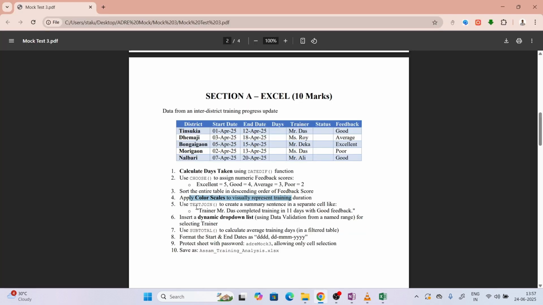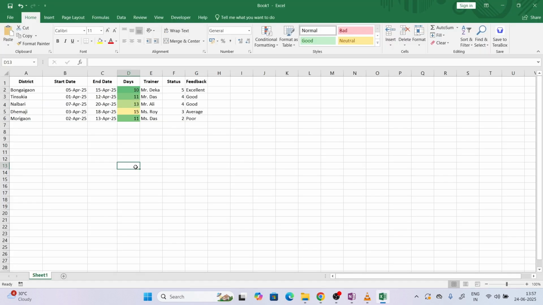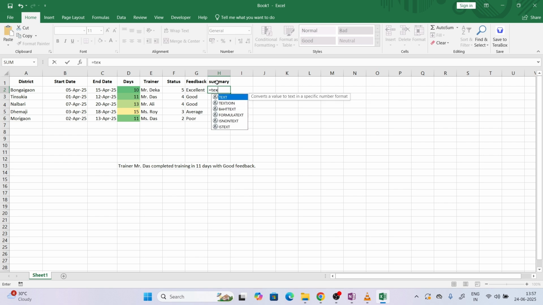Next thing is use TEXTJOIN to create the summary sentence in a separate cell like this. So we want to display this in a separate cell as summary, so I will create a summary cell over here. What should be there? I will use TEXTJOIN. First the delimiter, which can be a space, then ignore empty cells. Yes, I will ignore the empty cells, and then I will choose the text. First text is, so it's default